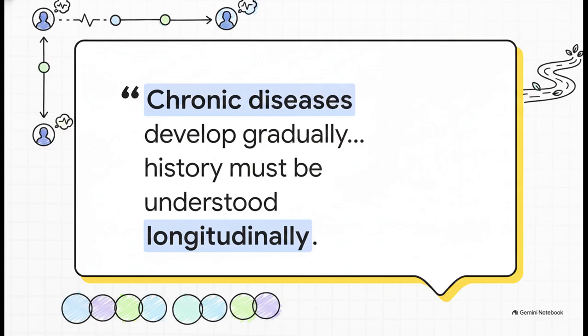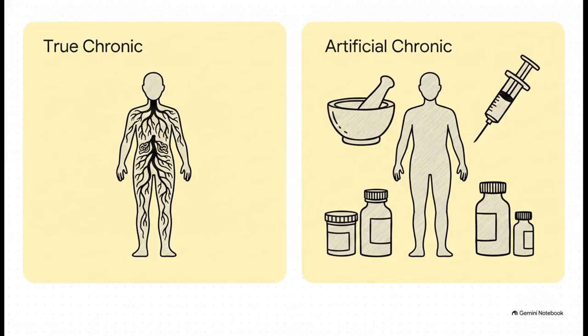over the years. Hahnemann actually separated chronic illness into two very distinct camps. First, you have true chronic disease. This is a natural illness driven by an underlying persistent pathology, historically termed miasms, which were proposed to explain these deep-seated susceptibilities. On the other hand, you have artificial chronic disease, which is entirely different. This state is driven by prolonged exposure to external substances or repeated aggressive medical treatments that actually alter the patient's